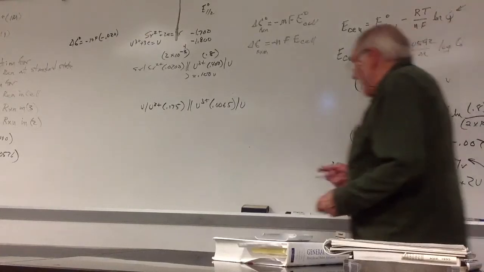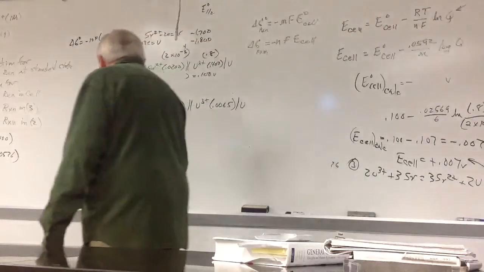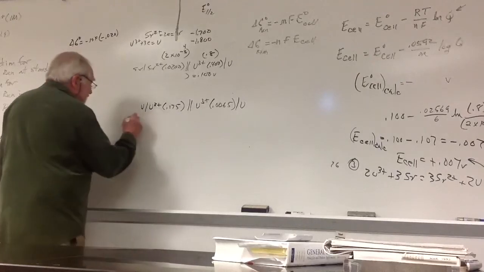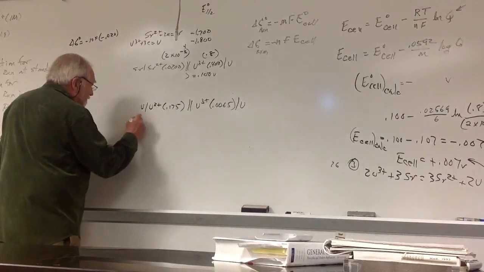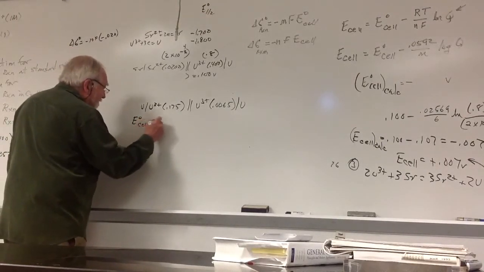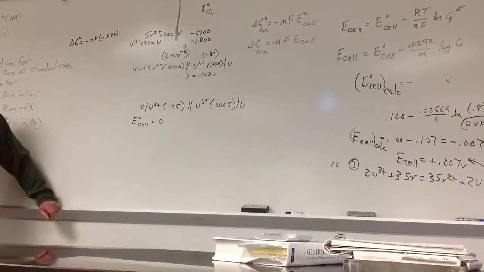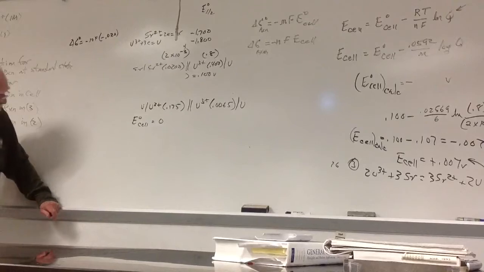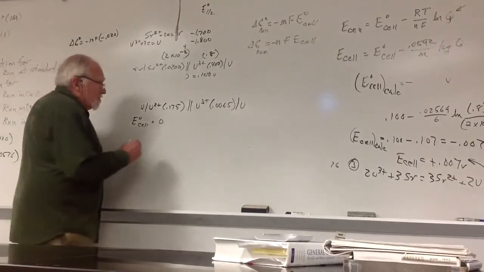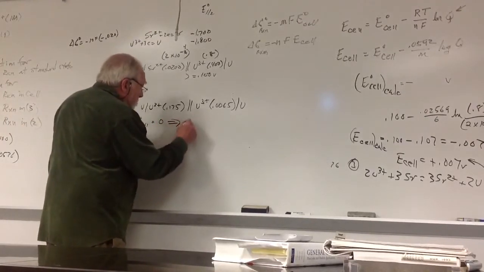Now what happens, you're going to say, E0 is 0, because at standard states, both half cells look the same. We'll get a little fancier in a few minutes to do the Ksp problem. So that means the Nernst equation gives you